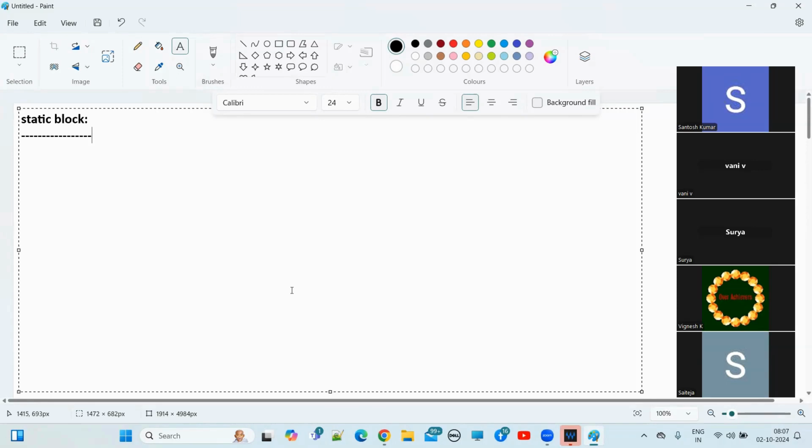So what is static block? While executing, static block will be executed at the time of class loading, guys. Static block will be executed at the time of class loading. So if you want to perform any activity at the time of class loading,